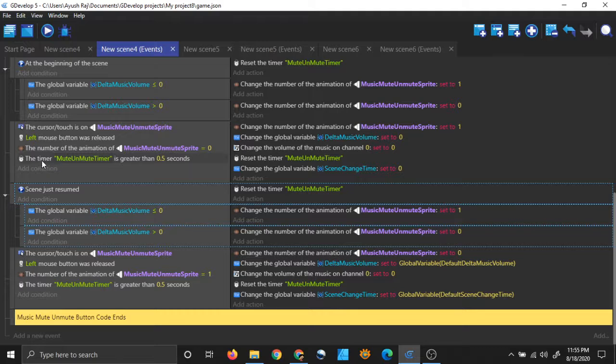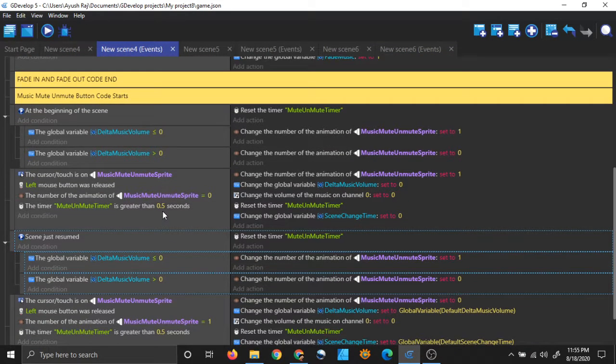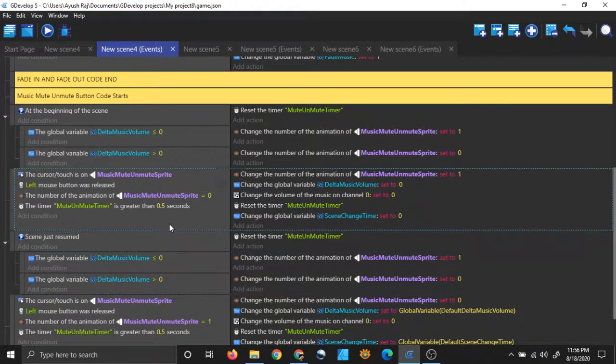If it is 0 and my music mute unmute timer is greater than 0.5 seconds, this timer is simply there to give the game some time to process these commands. If I don't give it any time, it will not work. That toggling will not work.